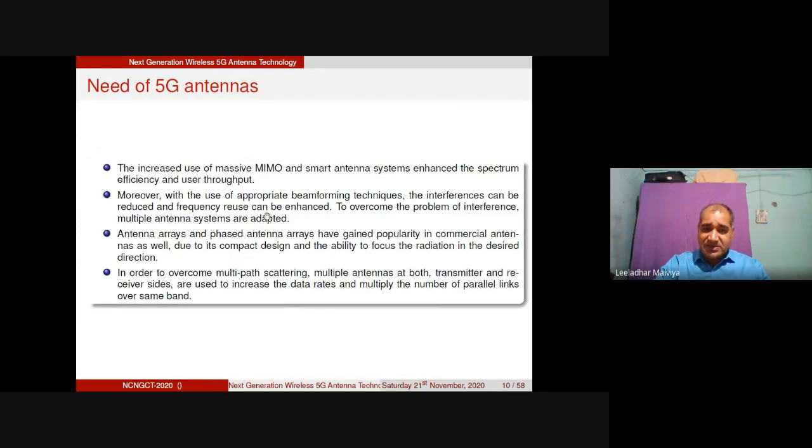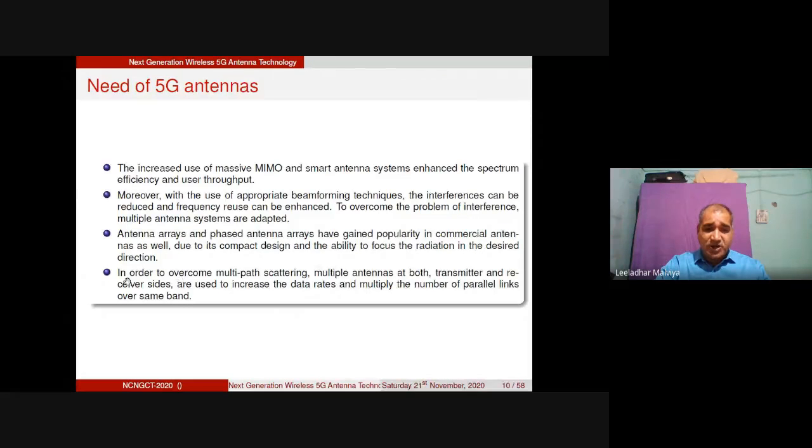There is an easy reuse plan. There is a high reduction in interference in the case of 5G. So we can use arrays here because there is a need for directional antennas as well as a high value of gain for large coverage and large range, right? So array antennas as well as phased array antennas are required in this field.